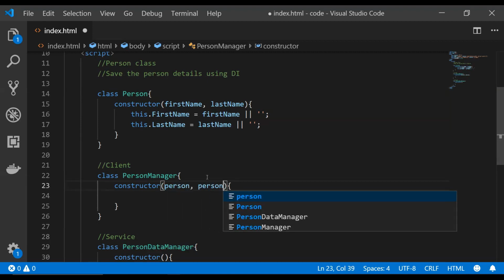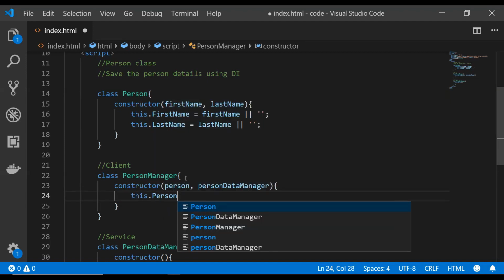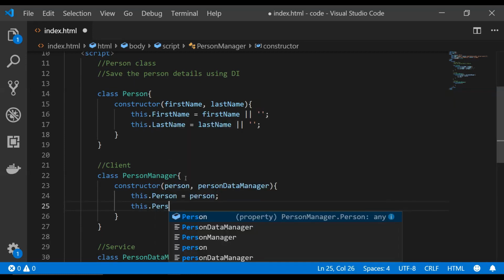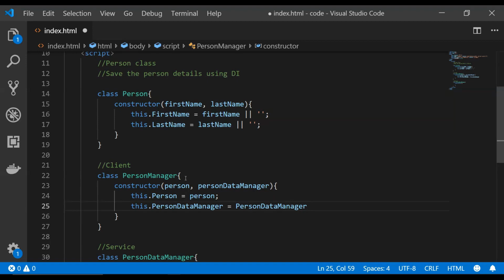So person and person data manager can be passed using the constructor arguments, and this.person equals person, and this.personDataManager equals personDataManager. Actually, p should be small here. Okay, so after the constructor has been used to create an object for the person manager, we can write the